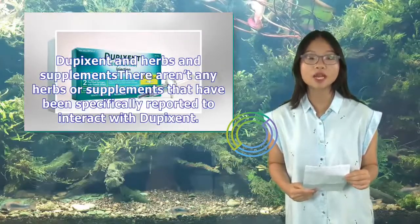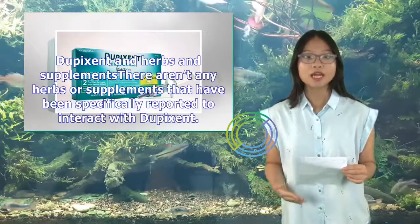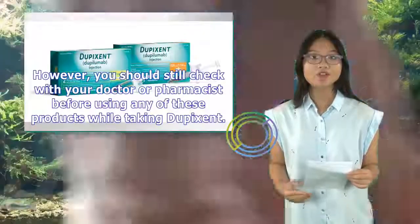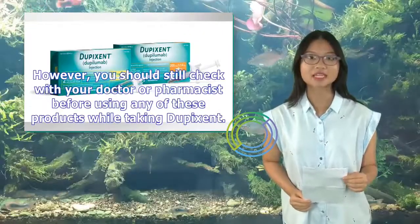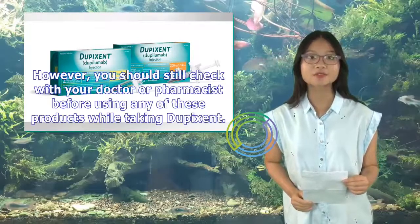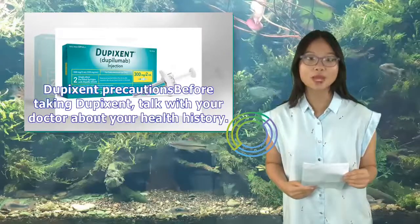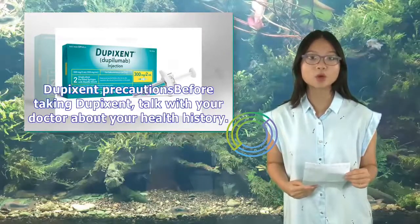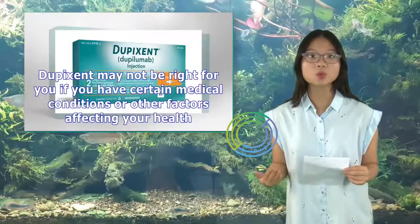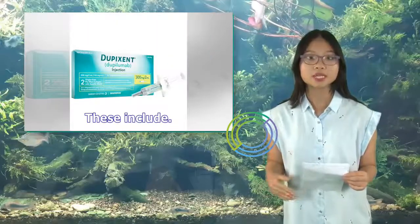Dupixent and herbs and supplements. There aren't any herbs or supplements that have been specifically reported to interact with Dupixent. However, you should still check with your doctor or pharmacist before using any of these products while taking Dupixent. Dupixent precautions. Before taking Dupixent, talk with your doctor about your health history. Dupixent may not be right for you if you have certain medical conditions or other factors affecting your health. These include